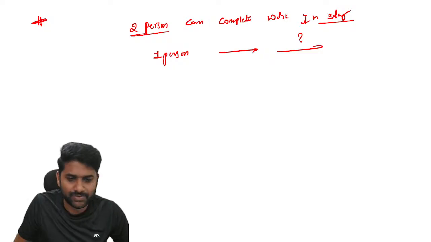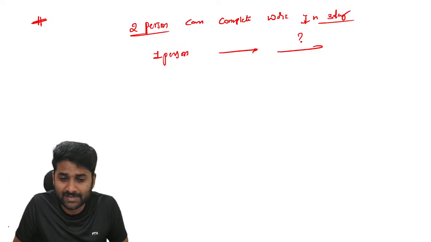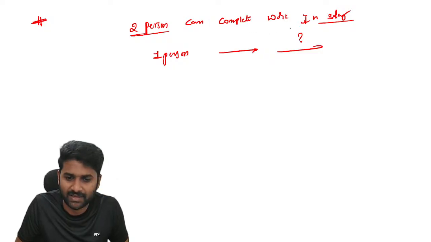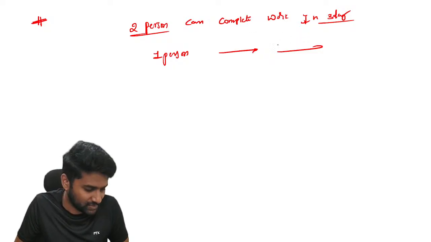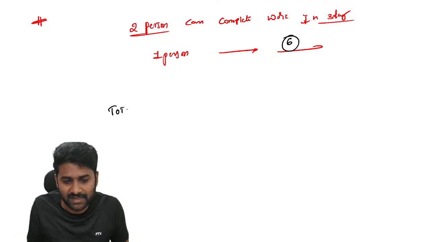It's not 3/2. See, for two persons it takes 3 days. For one person it takes more than 2 days. For one person it takes only 6 days. That's why understand that in this scenario,